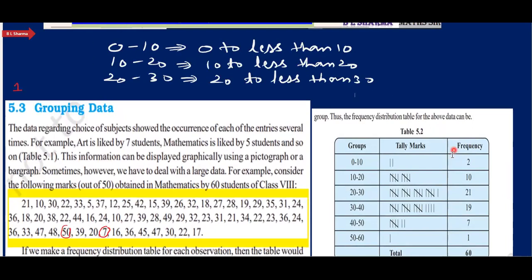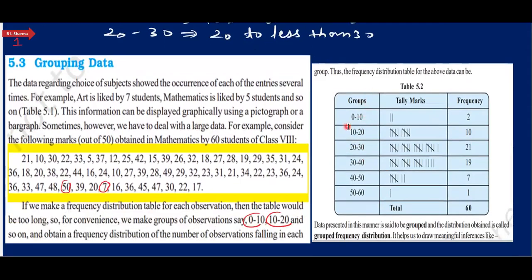Means when the upper limit of the first class is the lower limit of the second class, then we have to take 10 in the lower limit. So here, the first class is 0 to 10, means 0 to less than 10,